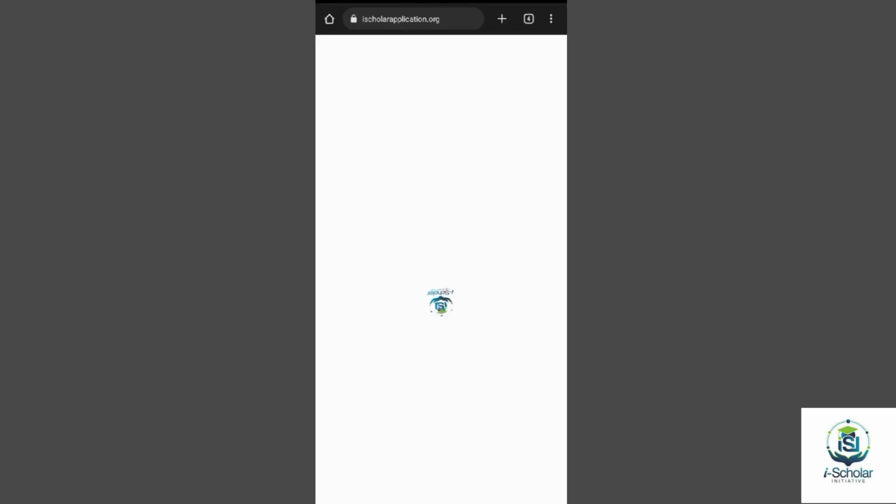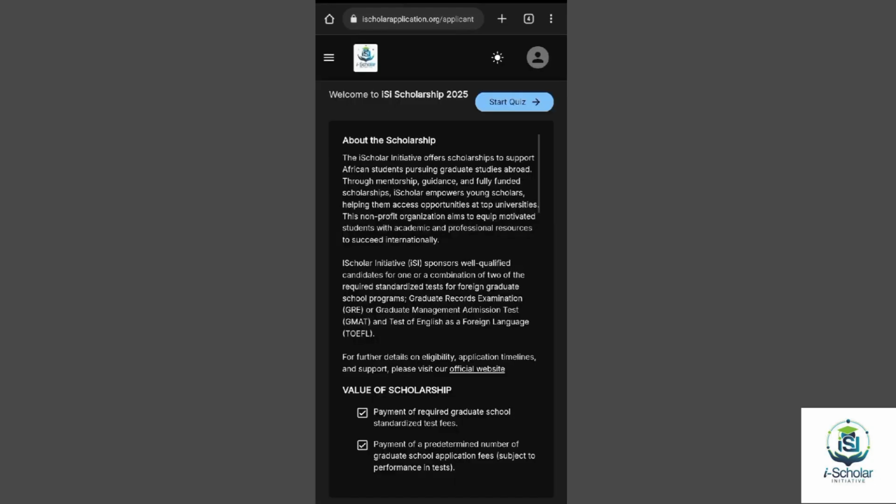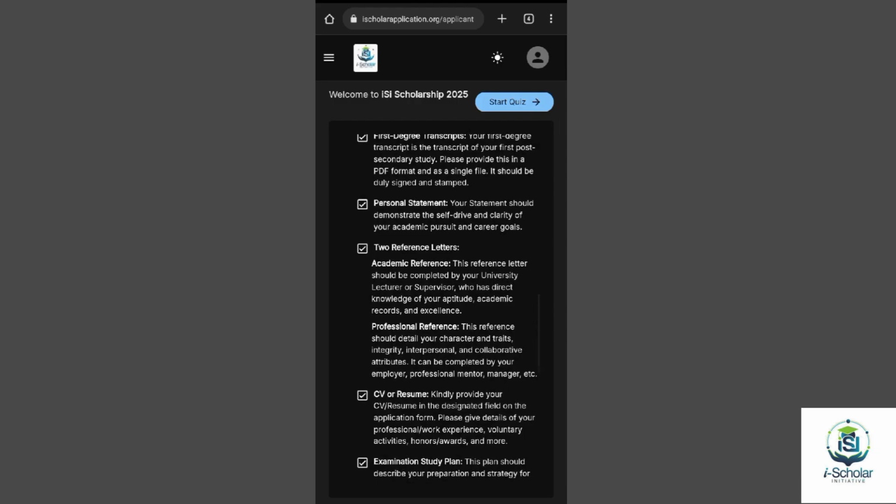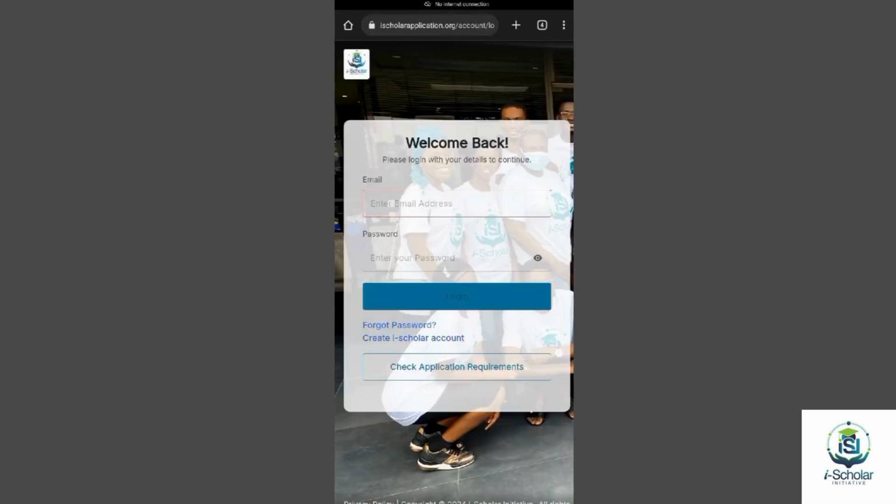And now I have access to the ISI platform where I can then take the quiz, read more information, and proceed to apply. So one more thing to note is that after you've completed the sign up process and you have successfully logged in, whenever you want to go back to the platform to log in again, you do not need to go through the scanning of the QR code or the usage of your setup key anymore